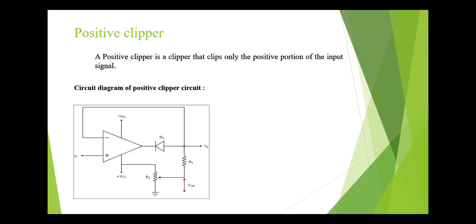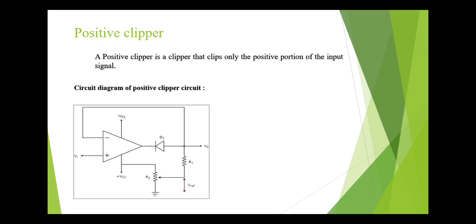The operation of this circuit is: if the value of the input voltage Vi is less than the value of the reference voltage, then the diode D1 conducts. Then the circuit behaves as a voltage follower. Therefore, the output voltage V0 of the circuit will be the same as that of the input voltage Vi